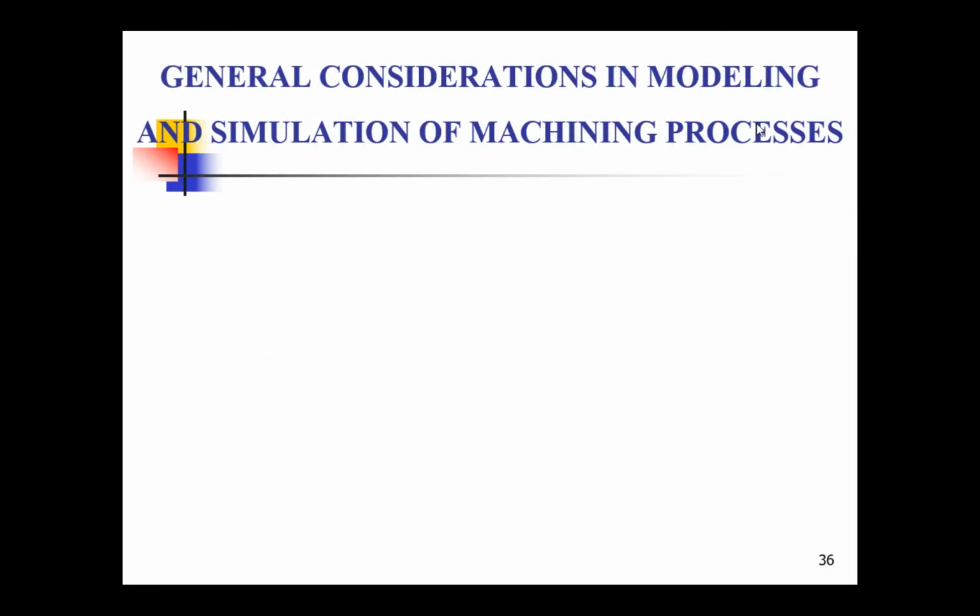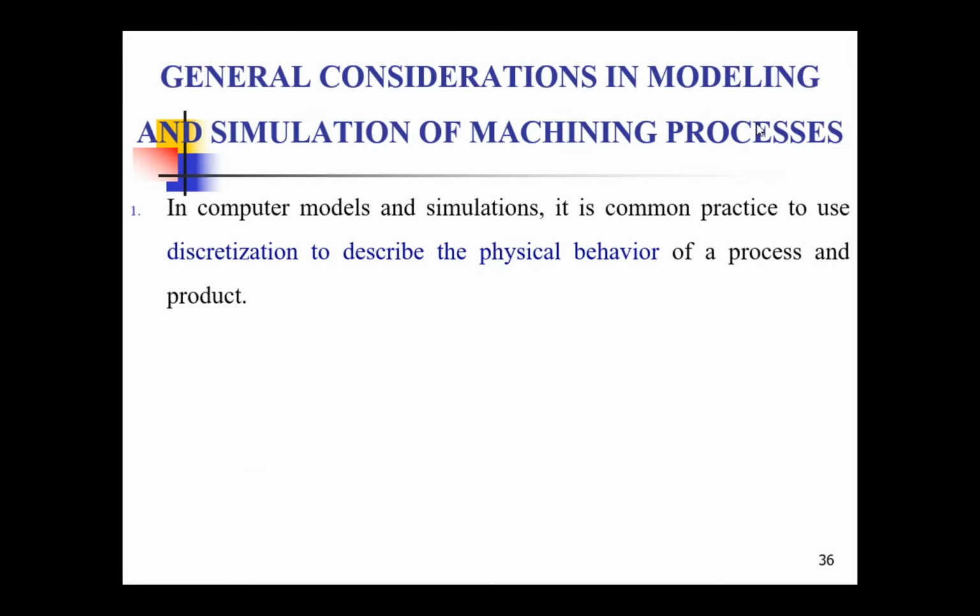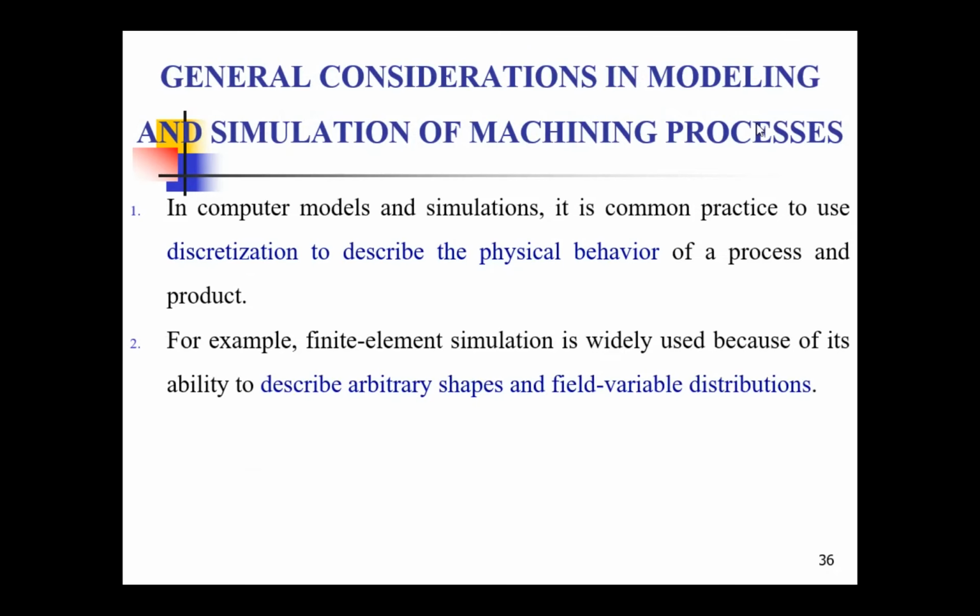So what are the general considerations in modeling and simulating of machining processes? What should we generally consider? The first thing is to discretize the total domain to describe the physical behavior of a process. These finite element simulation studies are mainly used because of their ability to describe arbitrary shapes and field variable distributions. So whatever shape we select,